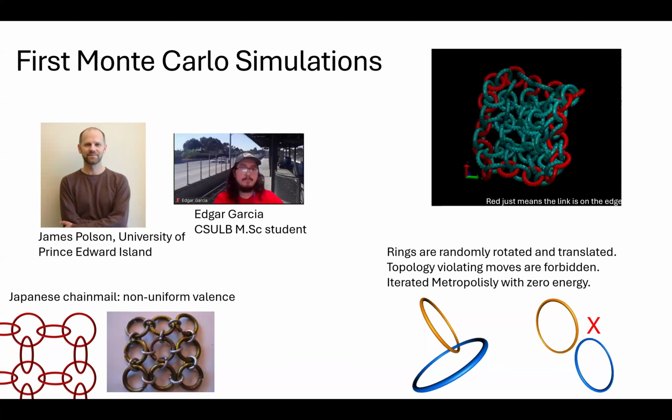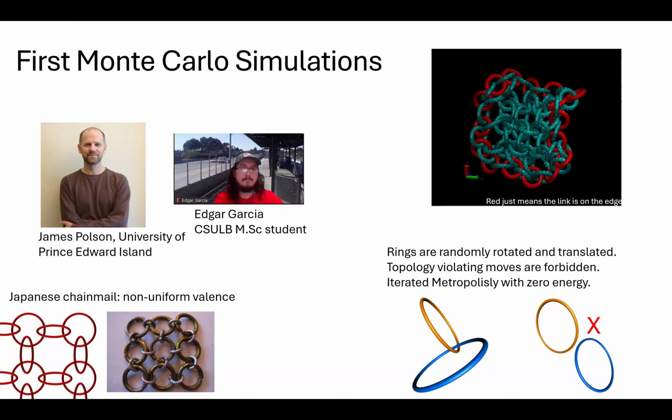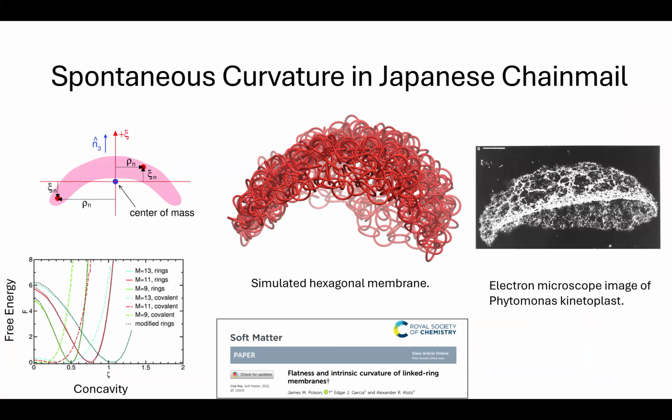What we were looking for was how the eigenvalues of the gyration tensor depend on molecular weight, which is a thing polymer physicists care about, but we found something more interesting than that. We did get good eigenvalue results though. What we noticed was that the networks, when they reached equilibrium, had the same positive Gaussian curvature that we see in biological kinetoplasts. This was something that we saw with a few different types of lattice and sizes, but was not observed in tethered membranes, which is what the community calls the regular covalently linked networks, which means there's something about this chainmail structure that causes it to curve at equilibrium.